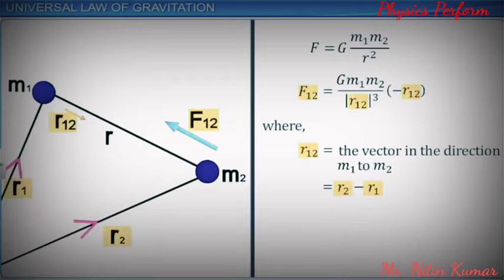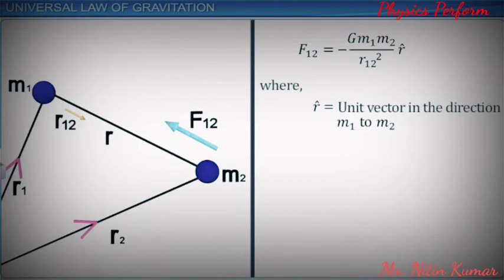The negative sign indicates that the force is an attractive force and acts in the direction of minus r12, which is m2 to m1. Thus, the same expression can be written as F12 is equal to minus G m1 m2 by r12 square into r cap, where r cap is the unit vector in the direction m1 to m2. In this expression, the quantity G m1 m2 by r12 square is the magnitude of the force